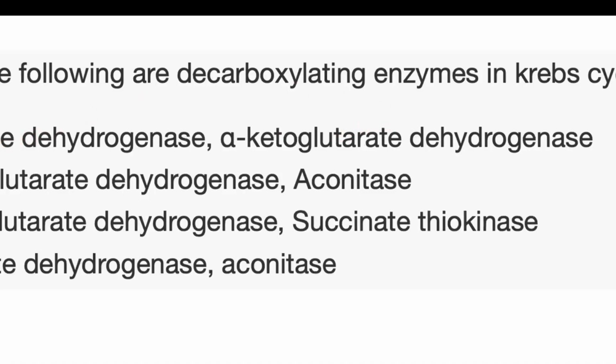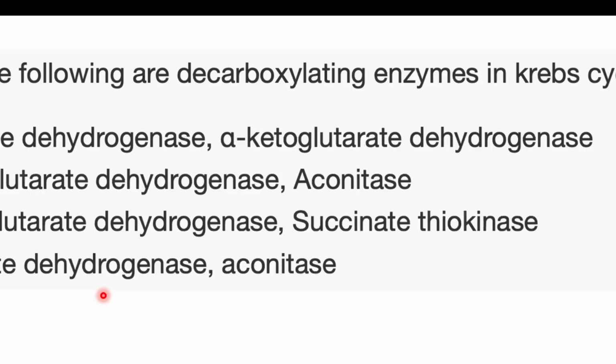Option A, isocitrate dehydrogenase, alpha ketoglutarate dehydrogenase. Option B, alpha ketoglutarate dehydrogenase, aconitase. Option C, alpha ketoglutarate dehydrogenase, succinate thiokinase. And option D, isocitrate dehydrogenase and aconitase. Which of the following are decarboxylating enzymes